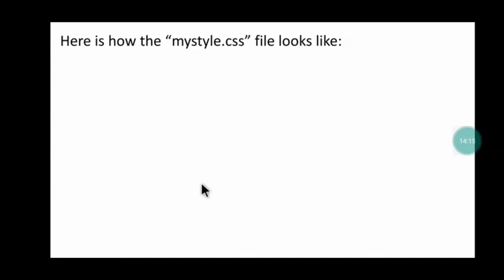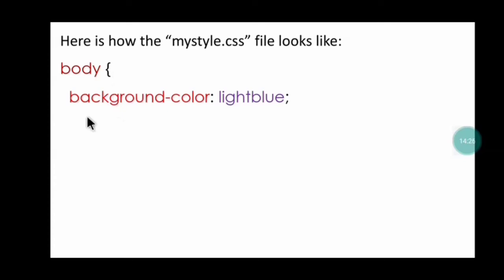Here is how the mystyle.css file looks. When you're creating the external mystyle.css file, it should contain body, brace bracket, background-color. This is the property I use, background-color, colon, lightblue. Lightblue is the value, meaning the background color of the page will be light blue. Then I complete the brace bracket.